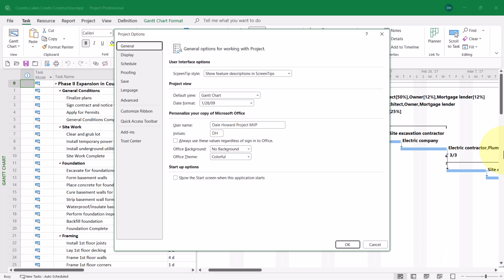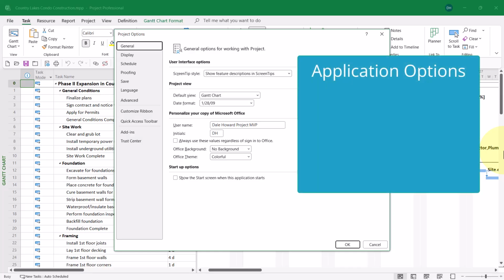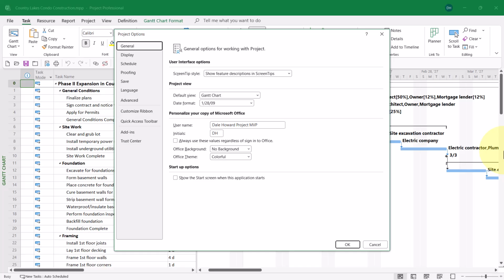The first type is known as application options. These options control how Microsoft Project looks and works, and they impact every project that you manage. You can easily identify whether an option is an application option by looking at the section in which you find